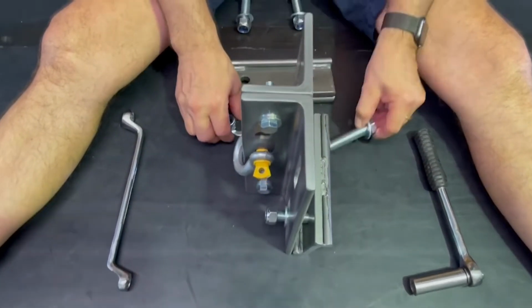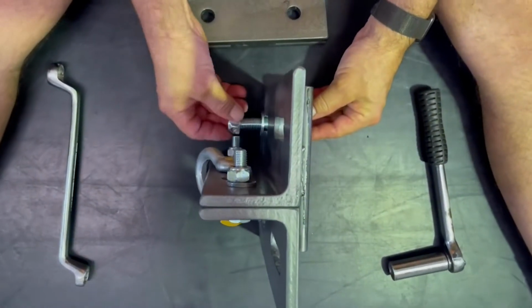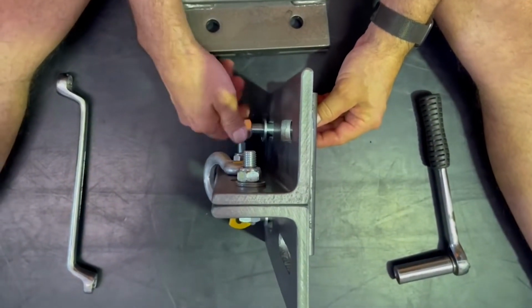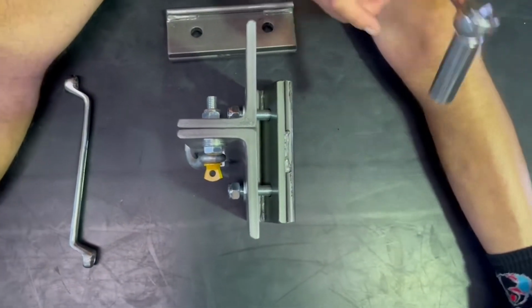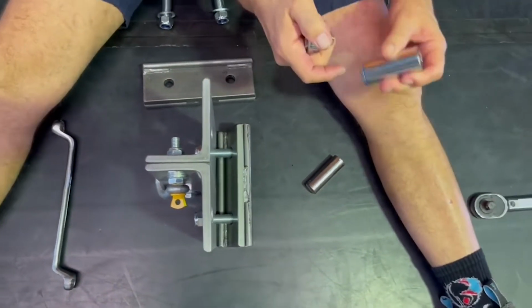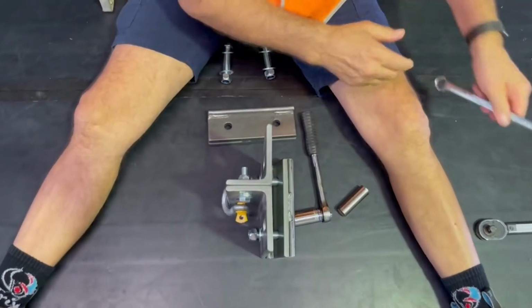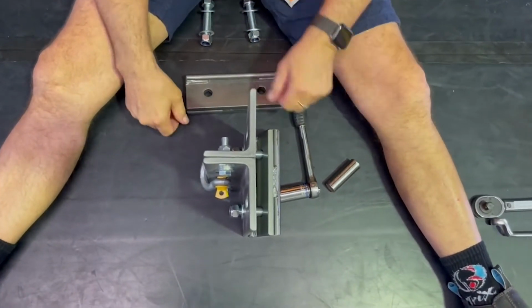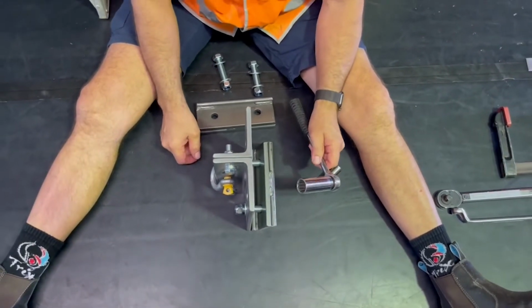We do the same thing on the other side. Now these bolts and holes are all engineered and they're all in exactly the right place they need to be for this installation. We will need to change the size of our spanner now to the larger size. Sonia, do you mind giving me the 25, please? So we've got a 24mm